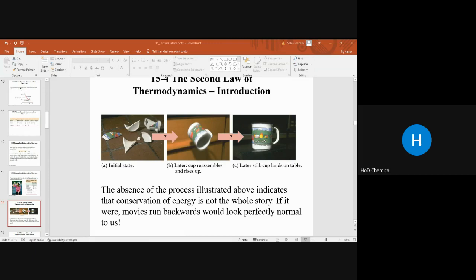Okay, the next one is the statistical interpretation of entropy and the second law. The macrostate of a system is specified by giving its macroscopic properties: the temperature, pressure, and so on. A microstate describes the position and velocity of every particle for a given macrostate. There are one or more microstates for each macrostate.